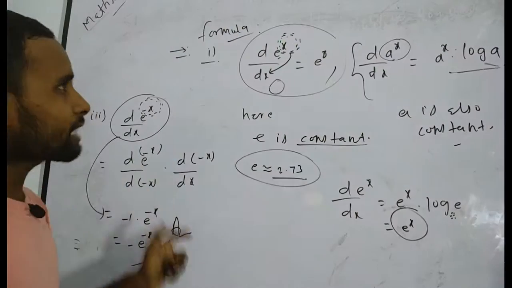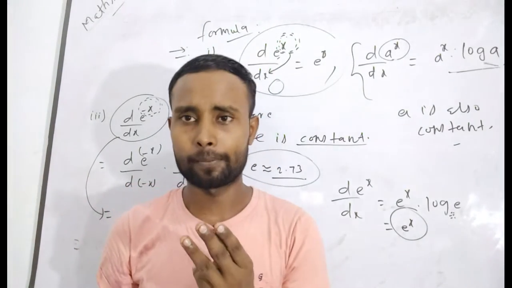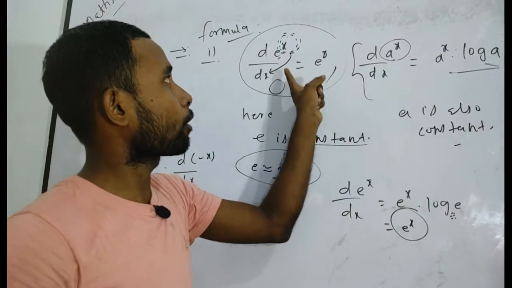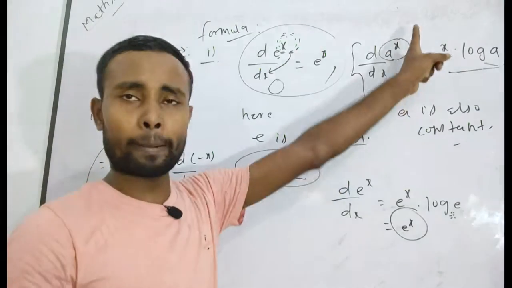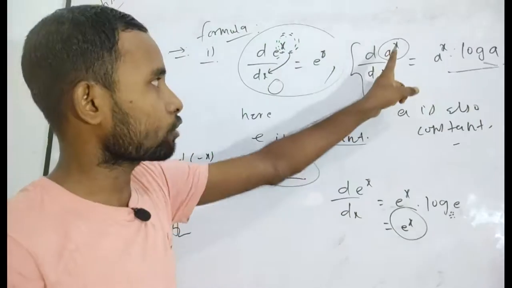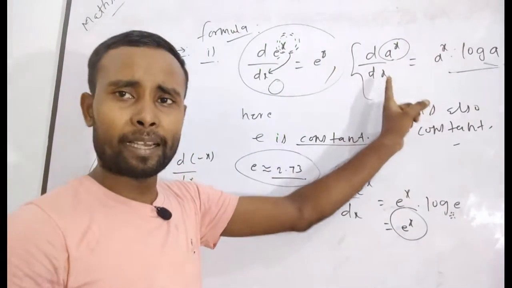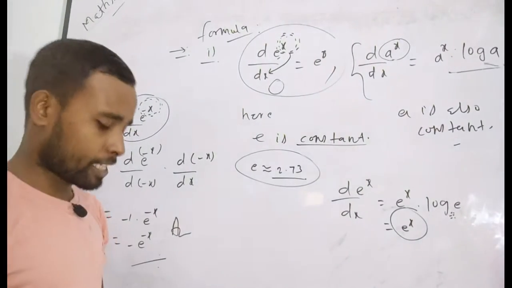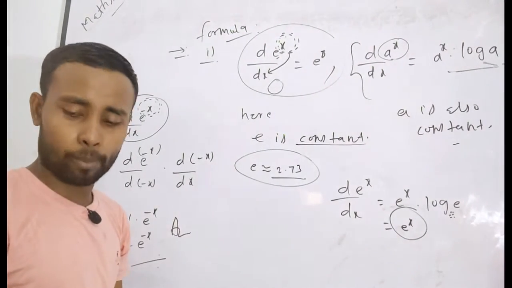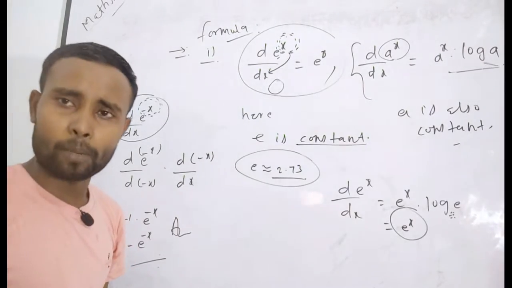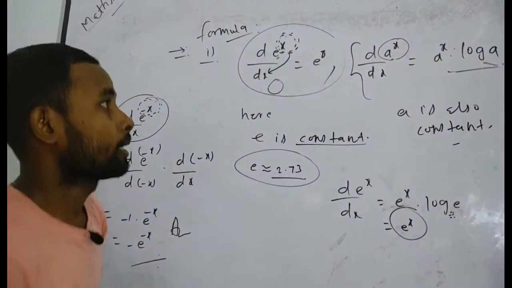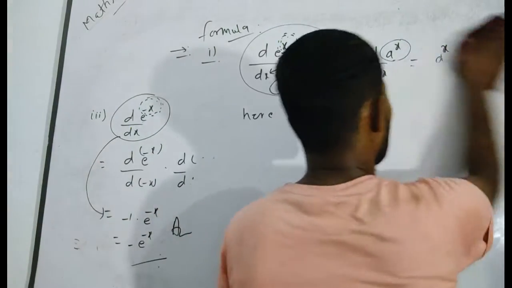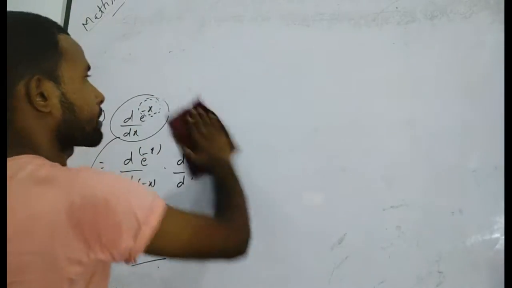So in your whole chapter there are only three formulas, and these formulas are very important. The formulas for e to the power x and a to the power x are in actual fact a single formula in the whole chapter, but still you have to remember all of them while solving, because when you solve objective questions, it will definitely save your time. That's why I always tell you to remember all methods and all formulas. Now proceed towards the chapter solutions.